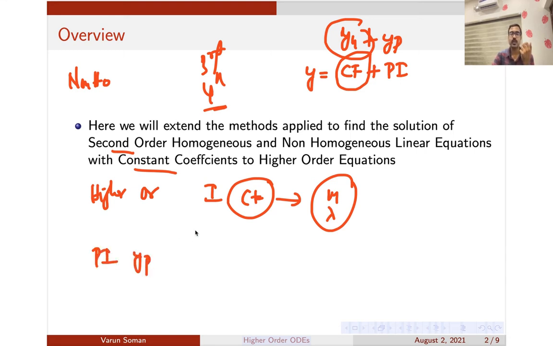For that, you have two methods we have devised there. One was the method of undetermined coefficients, and the second one was the method of variation of parameters. According to your syllabus, you only have to study the method of undetermined coefficients. Before watching this video, be sure that you already know what is meant by the method of undetermined coefficients. I'll share the link in the description. Only if you have gone through that video will you understand the methods which we are going to discuss here, because we will be straightaway carrying forward the method of undetermined coefficients from the earlier section to here itself.